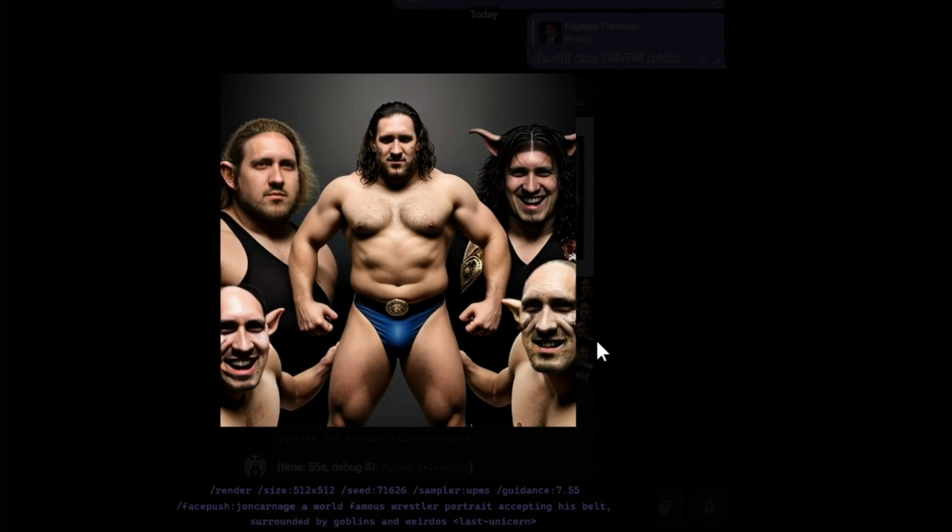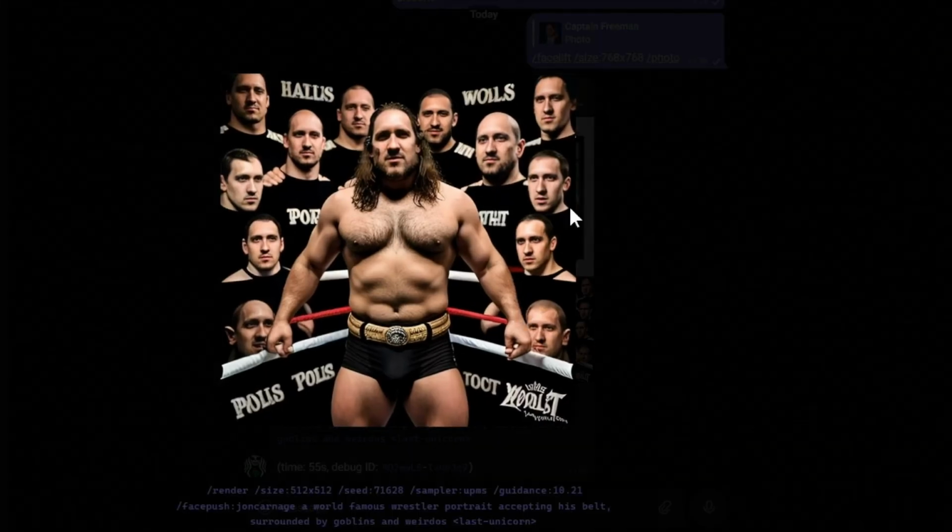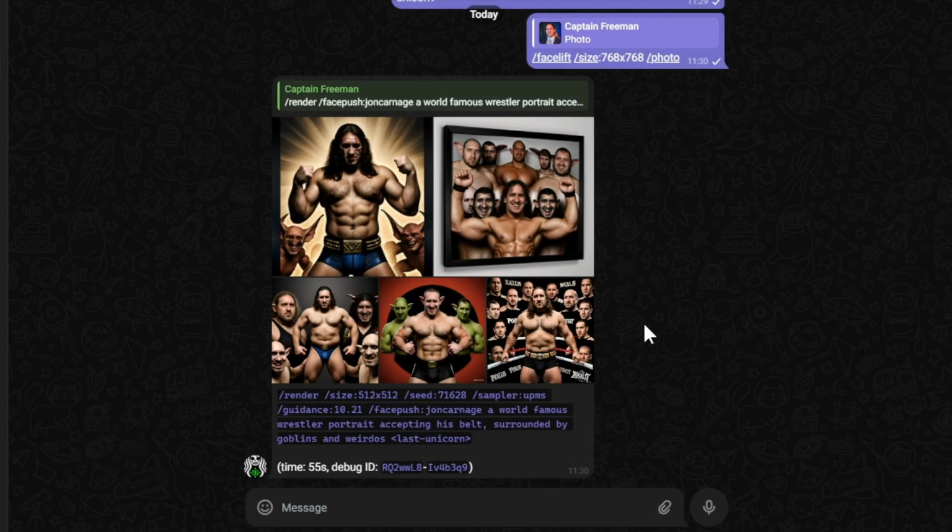Amazing. So you can invite PirateDiffusion into your group chat with friends, and you can save each other's faces and send each other face push swaps into any kind of situation. It's pretty great. So for making characters, if you're bored of the same faces on your favorite models and you want to change it up and introduce other kinds of faces, if you want to create a character and continue to move that character from scene to scene without building lore or complicated prompting, this is a really easy, quick